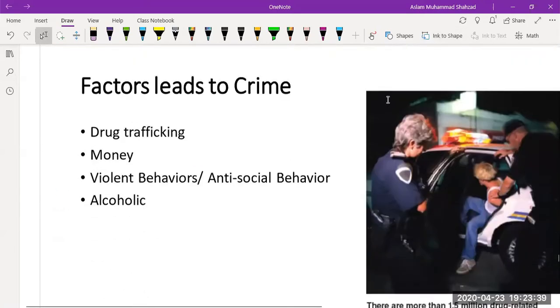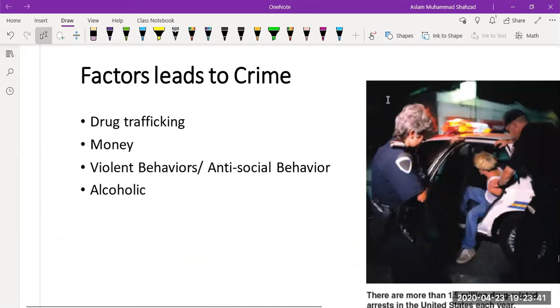So if we go to the next slide, we're talking about different factors that lead to crime. First, when we talk about drug trafficking, yes, it is important. Why? Drug trafficking is about making money, and wherever there is money, there will be gangs where people are making money just by trafficking illegal drugs, especially if you see the media, especially in America and Mexico. There are a number of gangs responsible for drug trafficking and making money, but that money is illegal,